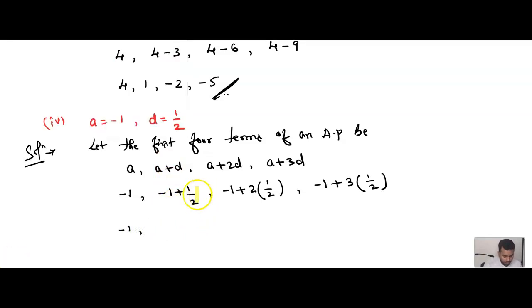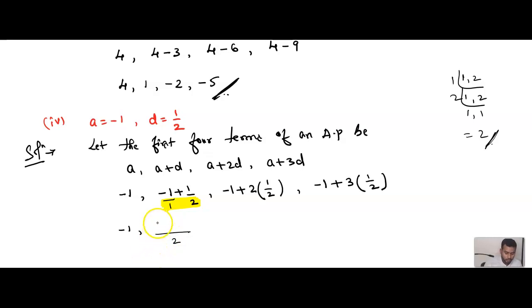Then again minus 1 comma, see here in this concept we can see minus 1 plus 1 by 2. Can you see this? It's a fraction, no? It's nothing but a fraction. In minus 1, if no denominator is there, we should assume 1 is there. So for 1 and 2, can you see the denominators? So what are the denominators? 1 and 2. So if we take the LCM for 1 and 2, 1 ones are 1, 2 as it is, 2 ones are 2. That's nothing but 2. Understood? The LCM here is 2.